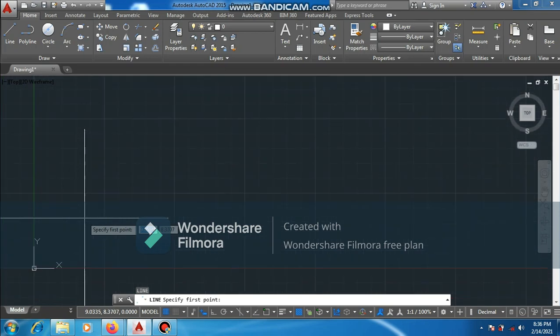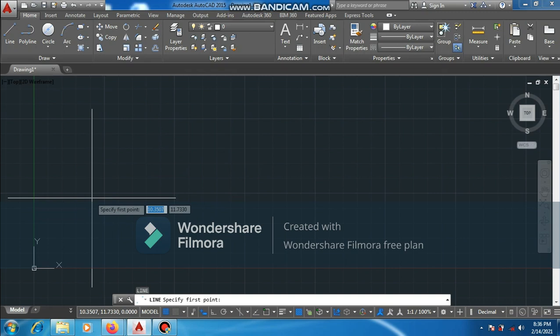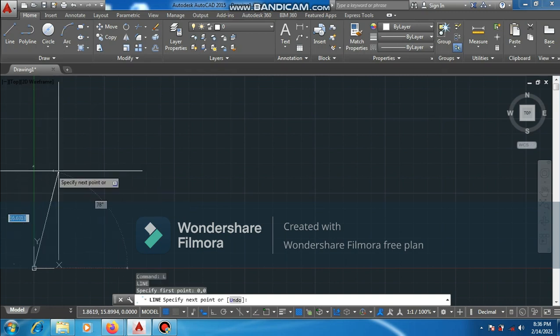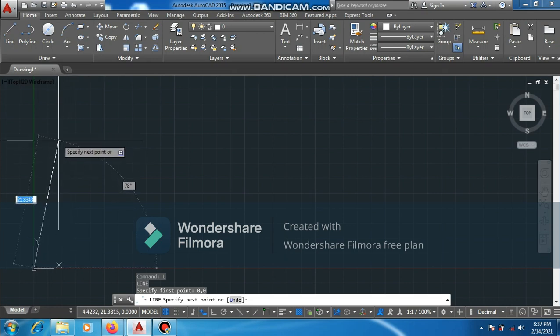At the very beginning of the line, we need to specify the first point. You can easily click anywhere or you can start at the origin. This type of drawing a line is through the coordinate system. So we can easily type 0, then comma, it will automatically lock, then comma, then 0, enter. So automatically the line will start at the origin, the 0,0, x is equal to 0 and y is equal to 0. Then, for example, I want to draw a line, so the x is 0,